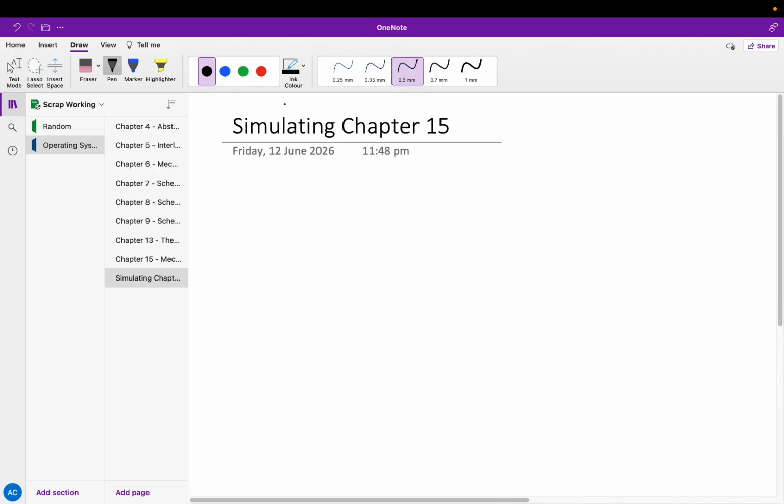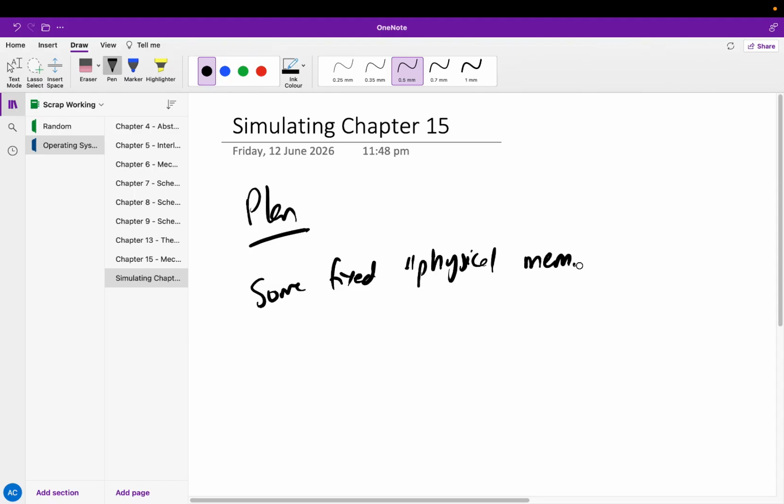And so now we'll do this. I've been thinking about this a little bit. My basic plan of attack is I'm going to have some fixed physical memory size. So I'll #define physical memory as, I don't know,